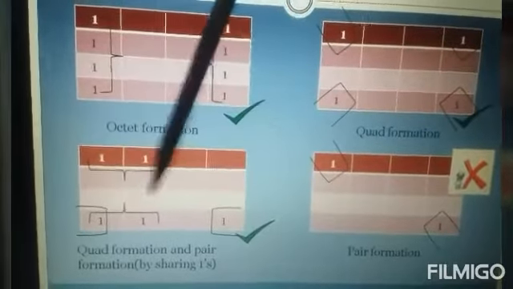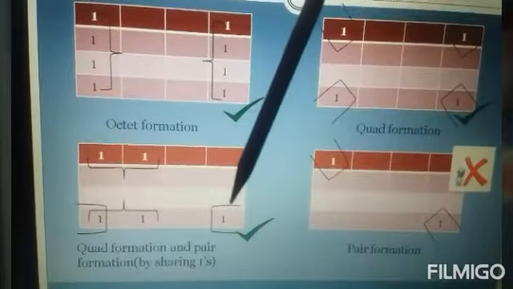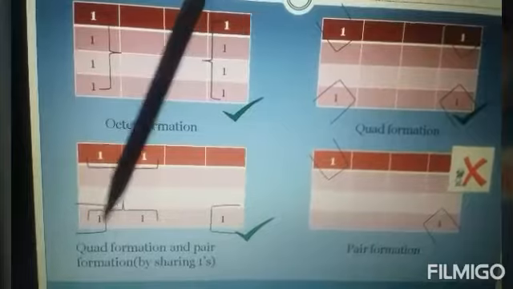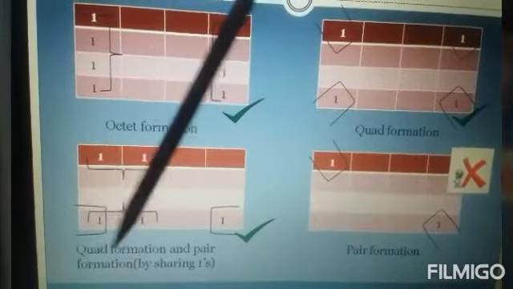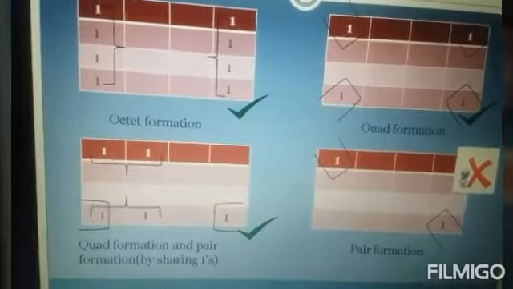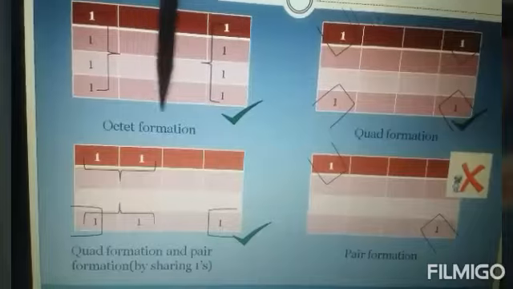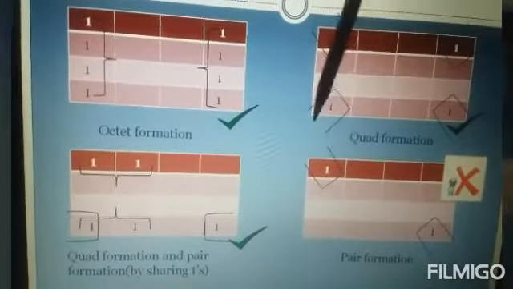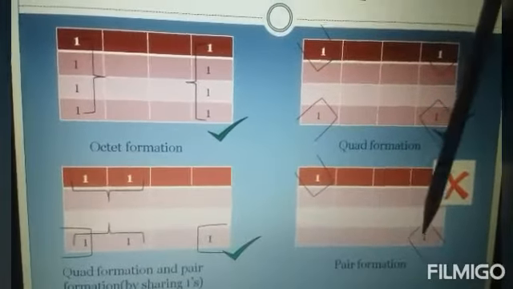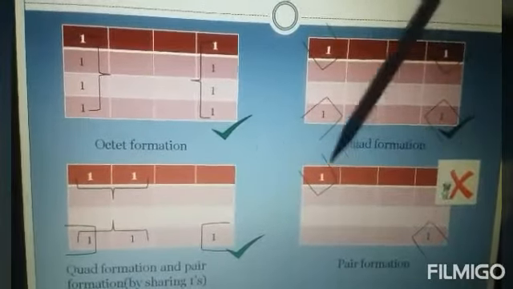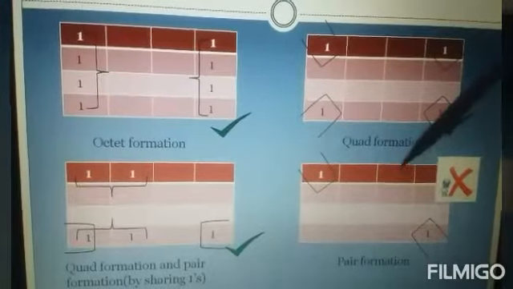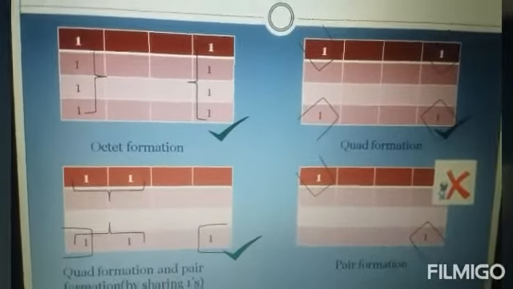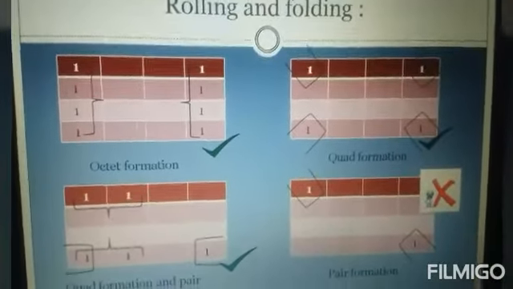Already group created, but this one is left. That's why I had taken this one from one group. It is a sharing part. But see here, this one is wrong. Slanting, I've told you earlier, is a wrong thing. Then next one,